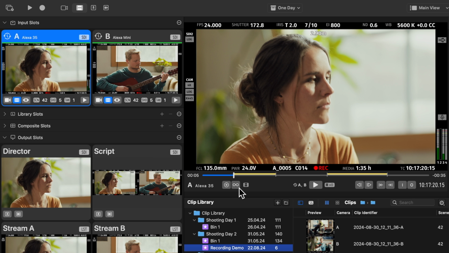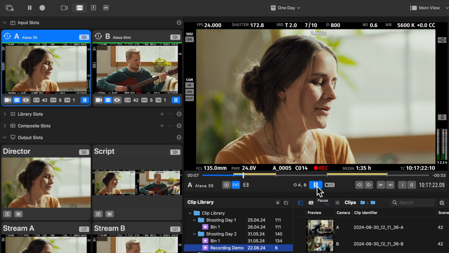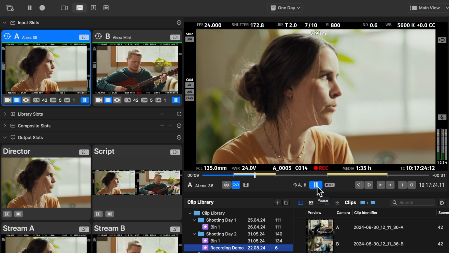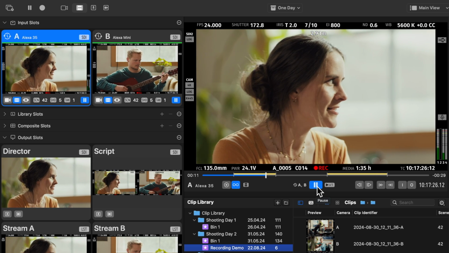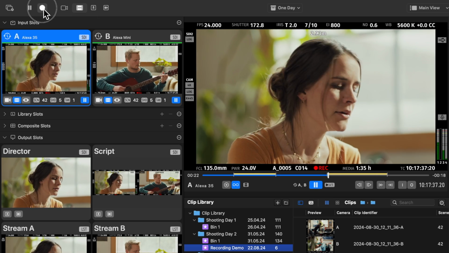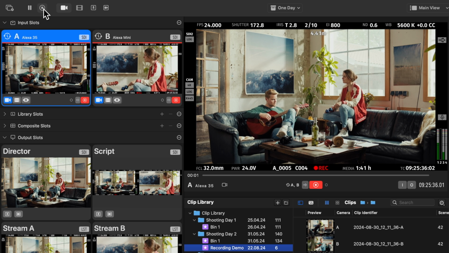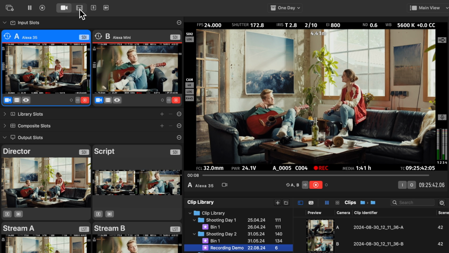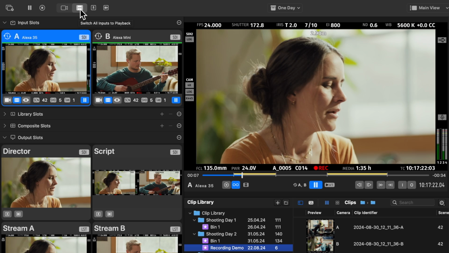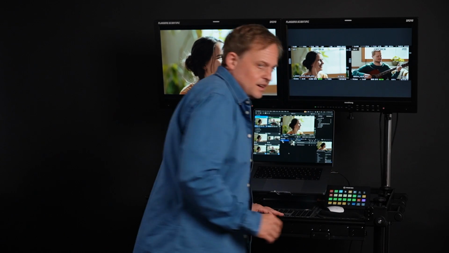You can even combine the ranges playback options with looping. So for example, now we loop through all the marked ranges in the clip until the next recording happens. By the way, as soon as you hit the record button or recording is triggered via auto record, the input slots switch back to live slot mode, although your last playback may still loop in the background. So you can record and play back simultaneously if needed.